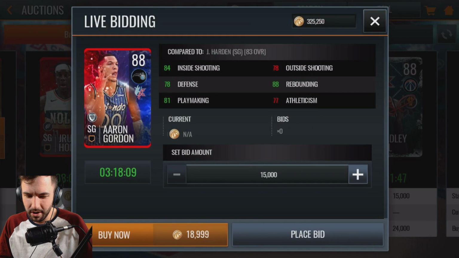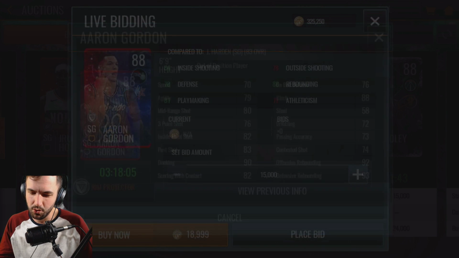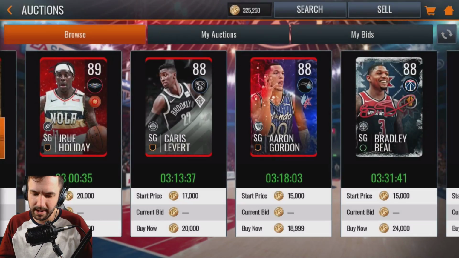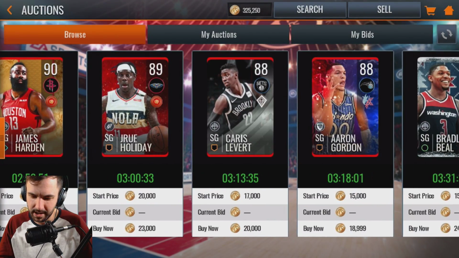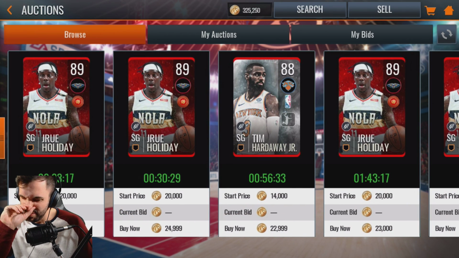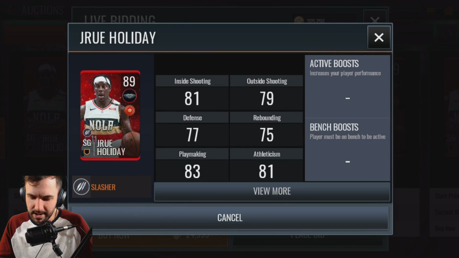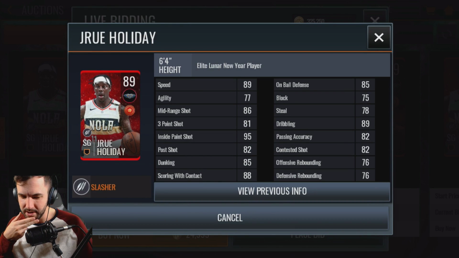I could get this Aaron Gordon, and he would pretty much dunk on everybody, but he's got such a weak three-point rating that it's just not going to be worth it for me to get him. Taking a look just to see who's going to be the cheapest. Honestly, Jrue Holiday is still the cheapest, even though he's not going to do a whole lot for you behind the three-point line,